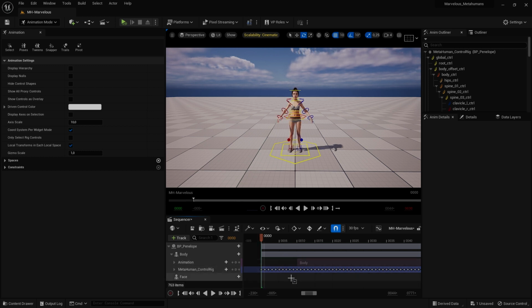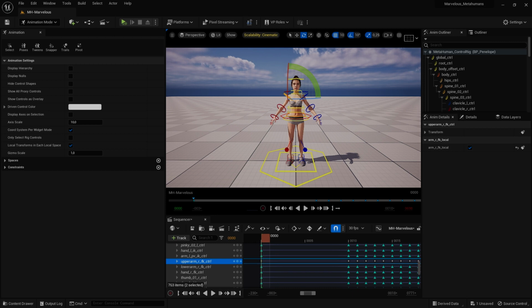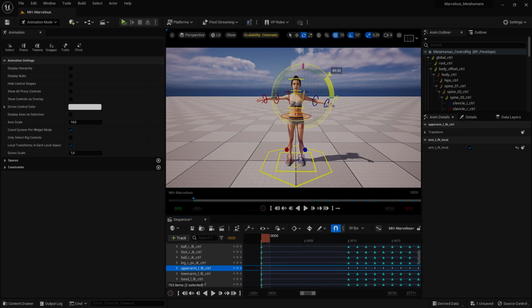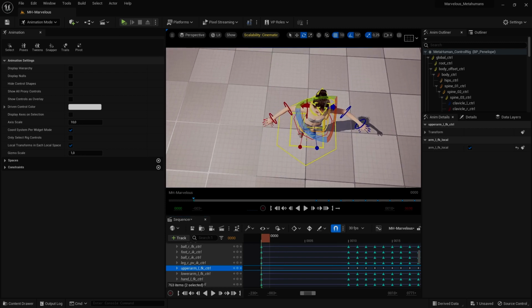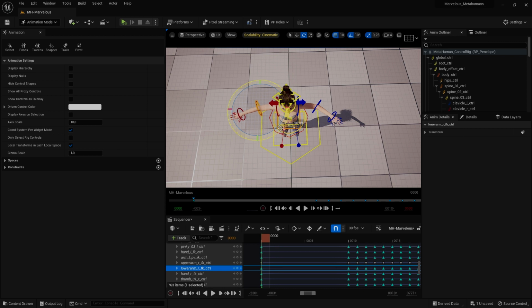Go to the first frame, zoom in, select everything in between the first frame and the body animation, and then on the first frame you press on the shoulder, move her arm up, keyframe, click on the other shoulder, move her arm up, keyframe, and then just for the elbows, get them straight, keyframe, other elbow, keyframe.